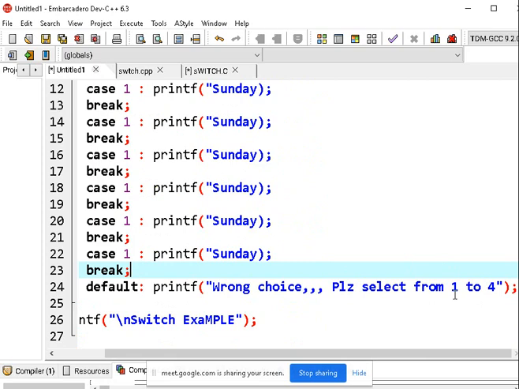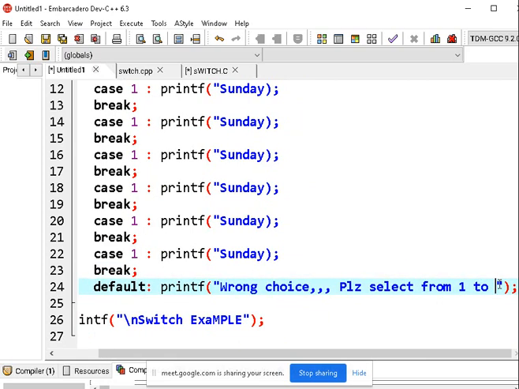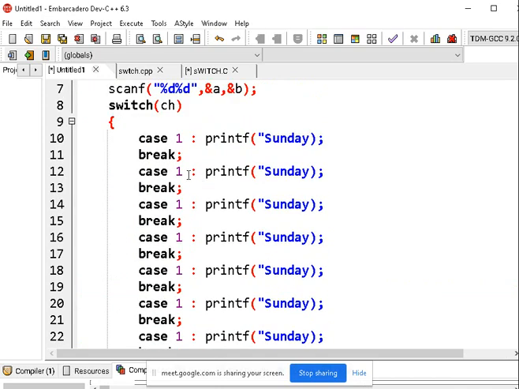Here we have to enter a number from 1 to 7, or else it will be a wrong choice. So first is Sunday, case 2 is Monday, case 3 is Tuesday. Here we have case 4, Wednesday.